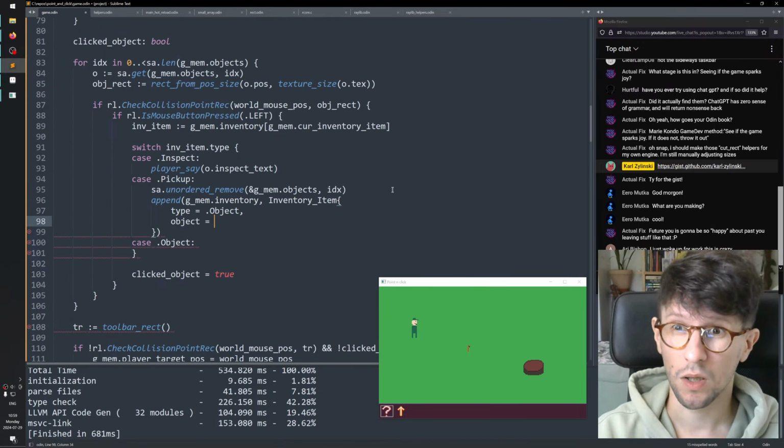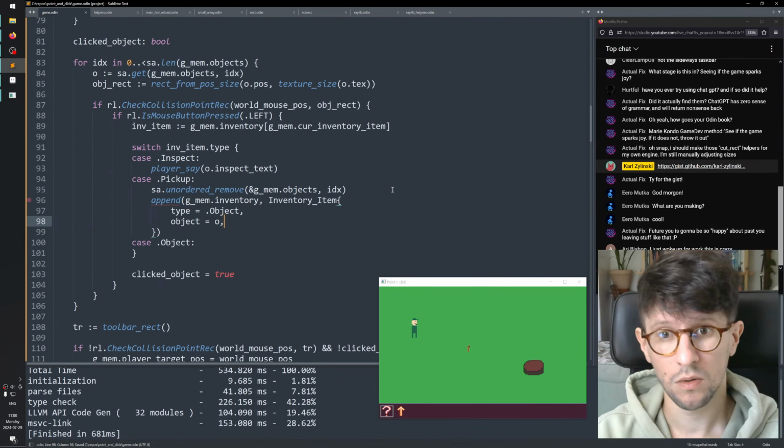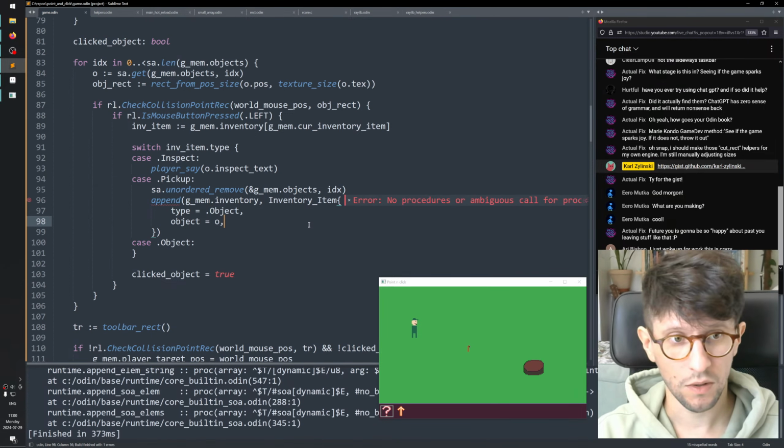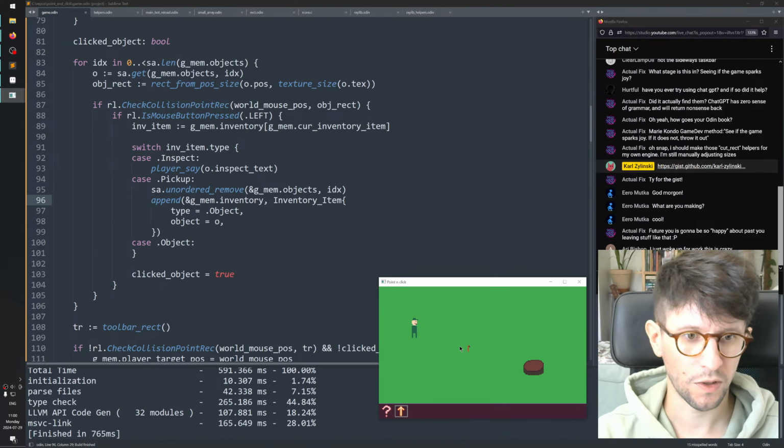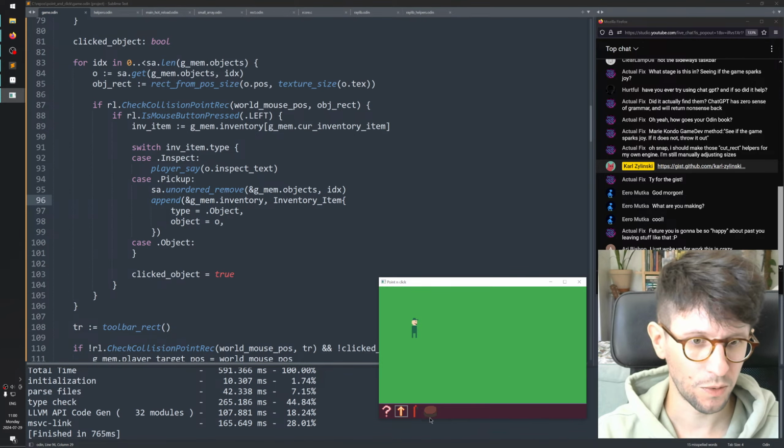Object equals O. That. Now if you pick this up, it appears here. You can pick up the well too. You have a well in your inventory. That's not supposed to happen, of course, but